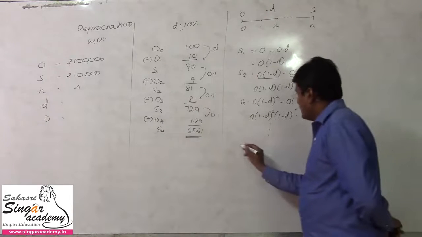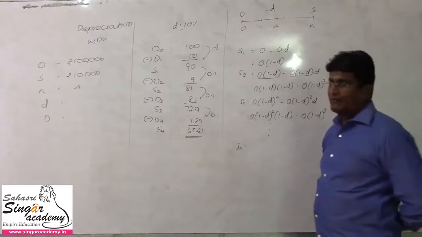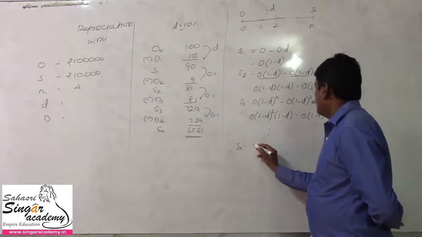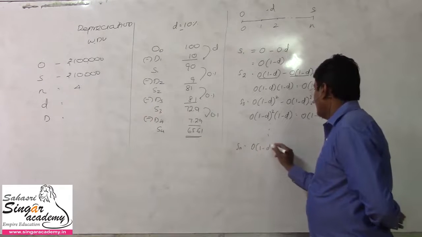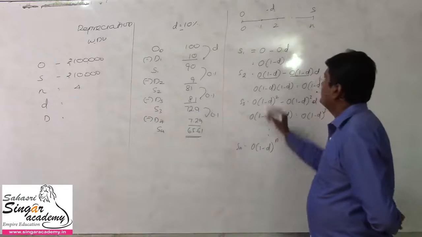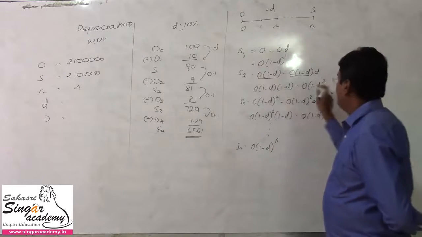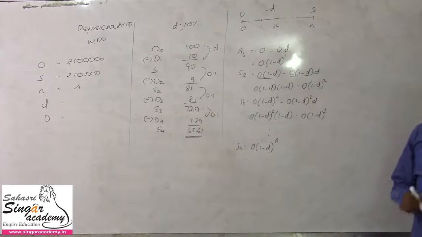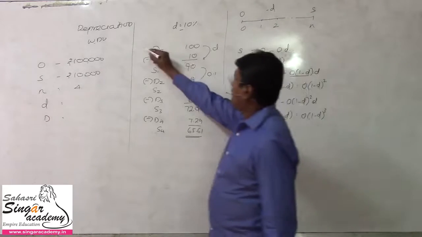This goes on for the nth year, the value will be this way. So it will be O into 1 minus D to the power n. First year power 1, second year power 2, third year power 3, so Sn will be equivalent to power n. In this illustration,